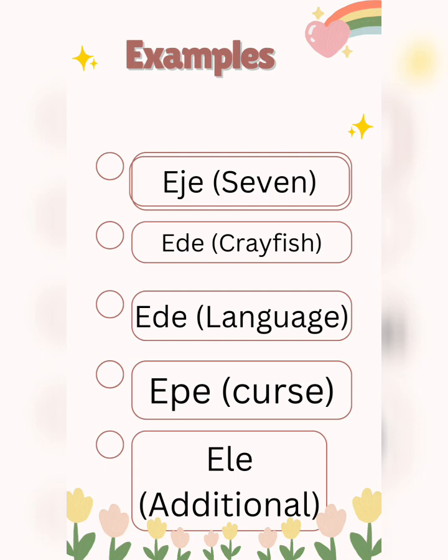A, èje, number 7. Èdè, that's for the crayfish. The intonation is different from èdè for the language. We have èdè crayfish, èdè for language. Then we have èlé for an additional thing. Then we also have